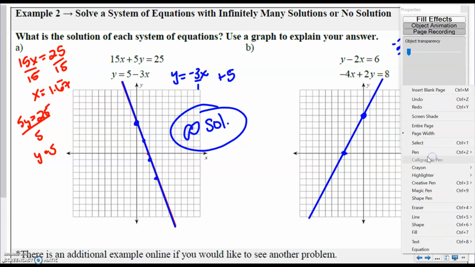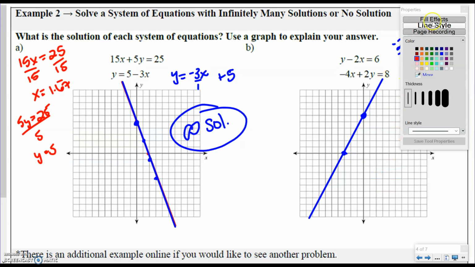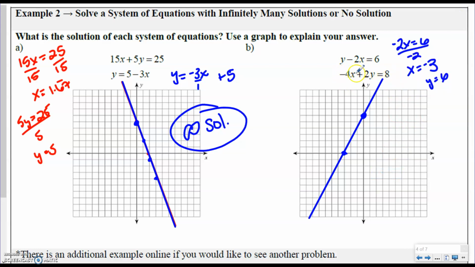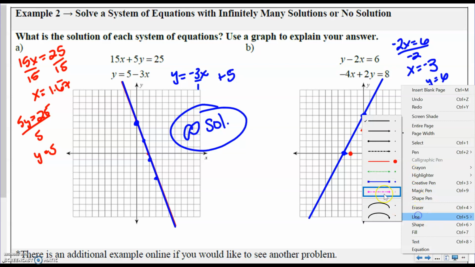Okay, for the second one, we're going to use the cover-up method. If I cover up my y, I get -4x equals 8. So if I divide by -4 on both sides, I get -2. So -2 is right there. And then if I cover up my x, I get 2y equals 8. So if I divide by 2 on both sides, I get y equals 4. So 1, 2, 3, 4. And then if I go ahead and draw my line,